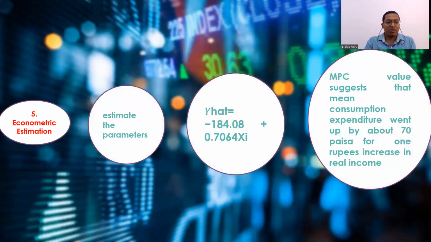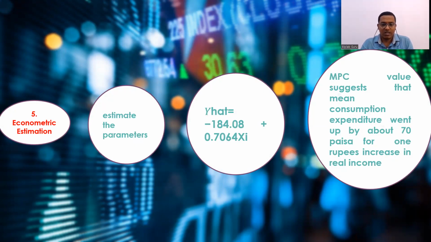The fifth stage, that is the econometric estimation. We estimate the parameters, that is beta 1 and beta 2. Here, let us say, based on some data, we have found out that y hat, that is the estimated consumption expenditure, equals minus 184.08, which is beta 1 hat, that is the autonomous component of the consumption expenditure. I mean, at zero level of income also, we are borrowing 184 units of money to consume our basic necessities, and the other component is called beta 2 hat times xi, that is xi is your income,